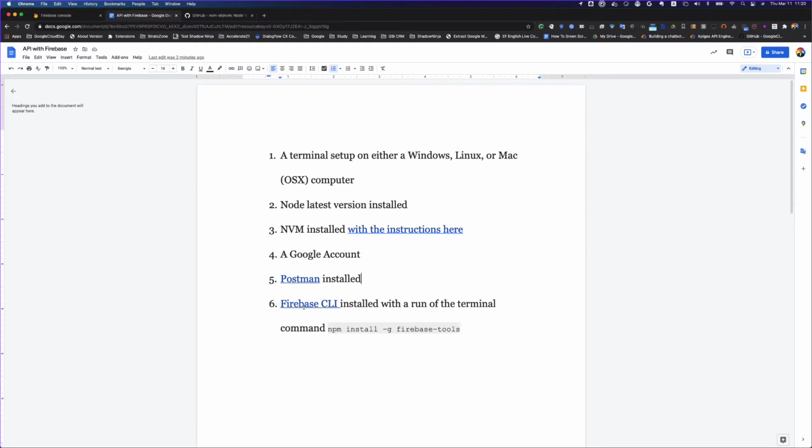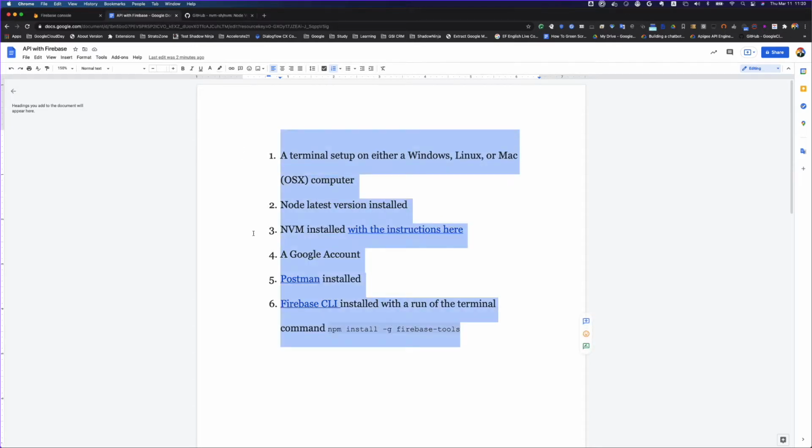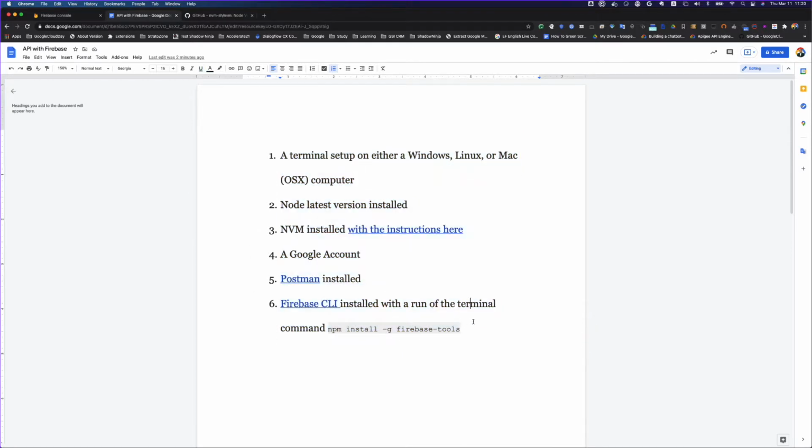Then you also need Firebase CLI installed on your terminal. So for that, fire this command on your terminal, npm install -g firebase-tools. Because we will be using Firebase to connect to our Firebase project from our local machine, and to set up our functions directory and all those things. So do all these steps and you will be good to go. I'm not doing all this because I have already done this. Even if I do, it's going to say that you already have it installed.